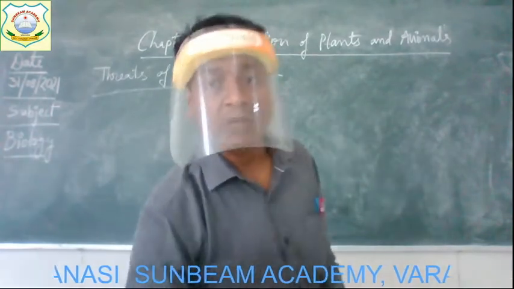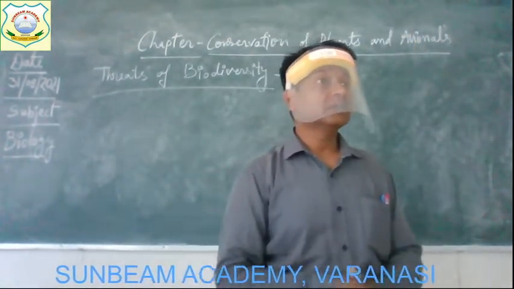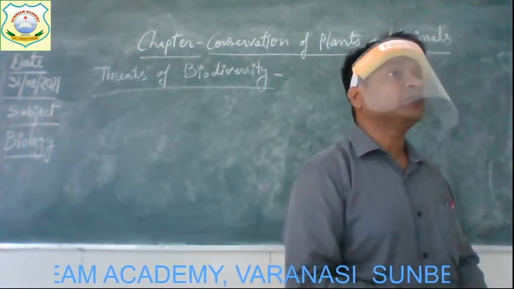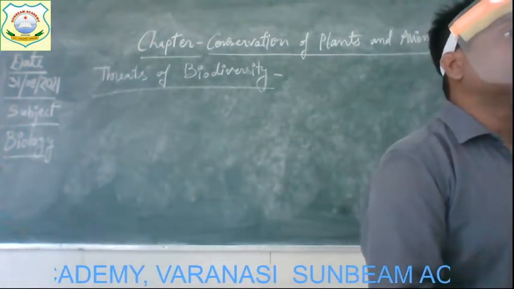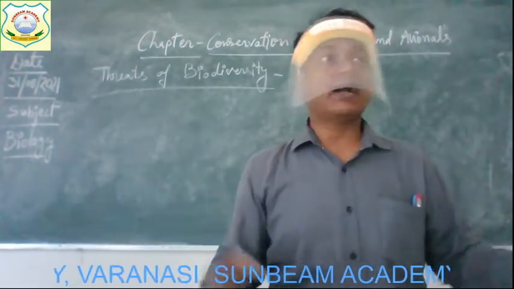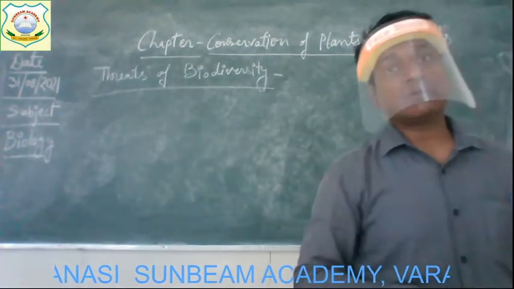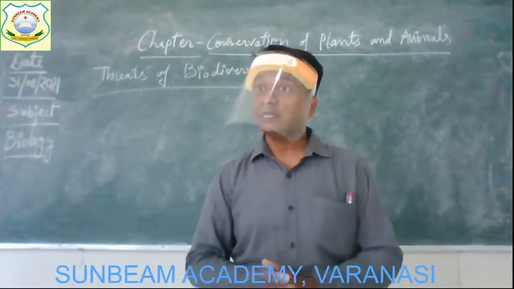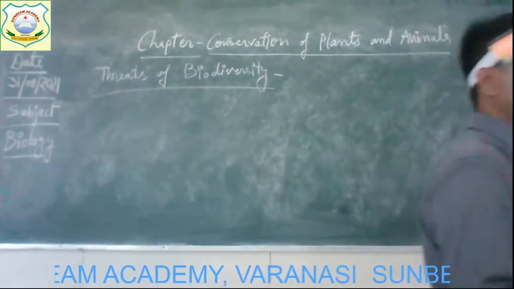Threats of biodiversity. Threats means what? What are the different reasons because of which our biodiversity is going to be affected? Clear? So those are the threats. What are the different activities by which the biodiversity of a place is going to be affected? So that is the threat. Understood? In Hindi you can say that